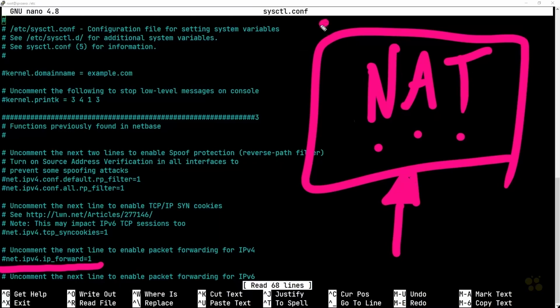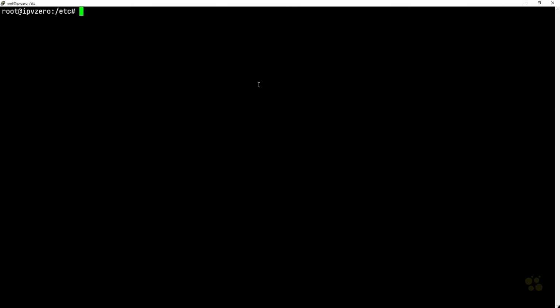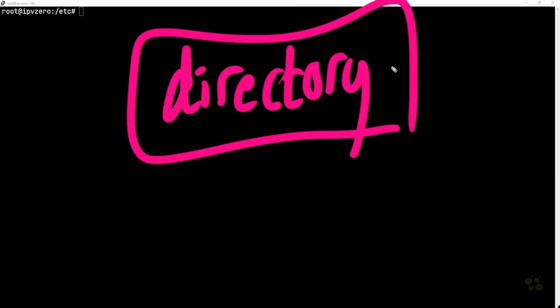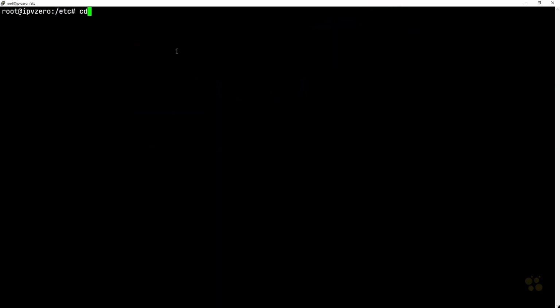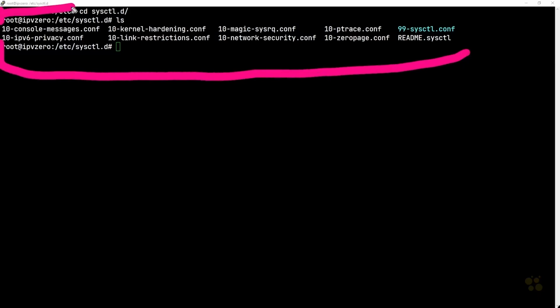Now notice that this is all in this file right here, but it's also worth noting that we have this sysctl.d. This is basically a directory. Now the thing to note about this directory is that within this directory you can ultimately specify similar settings. So again, I go into my directory and hit enter, we do an ls. We see multiple configuration files for different operations, but really what I want to stress is that if you happen to make some type of configuration change to a file within this directory, and it happens to conflict with something